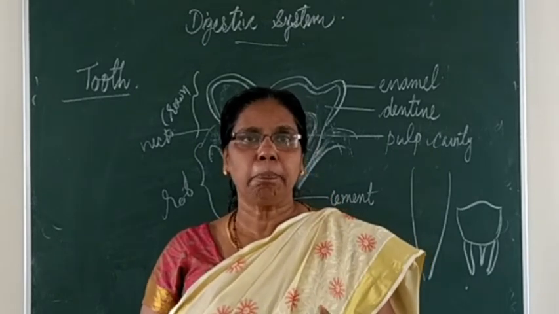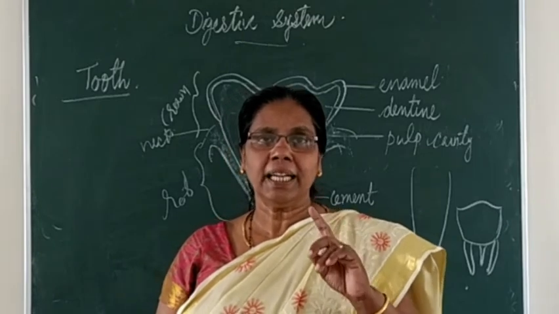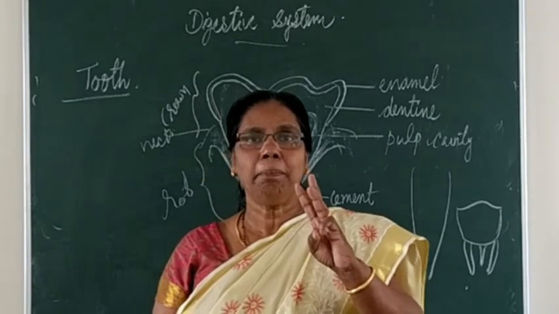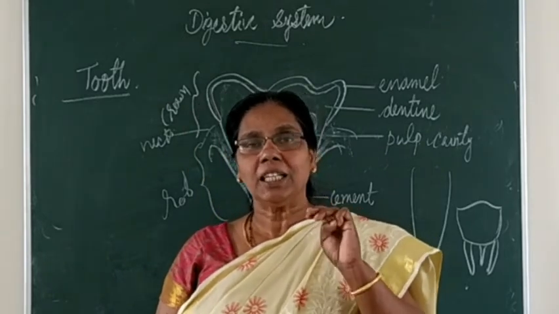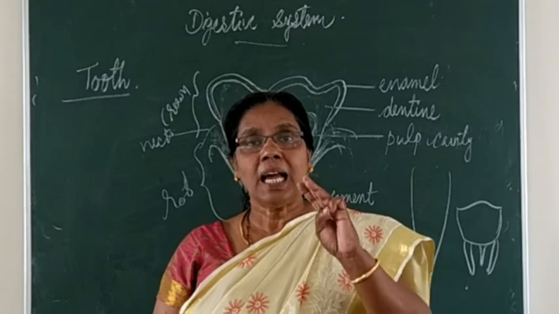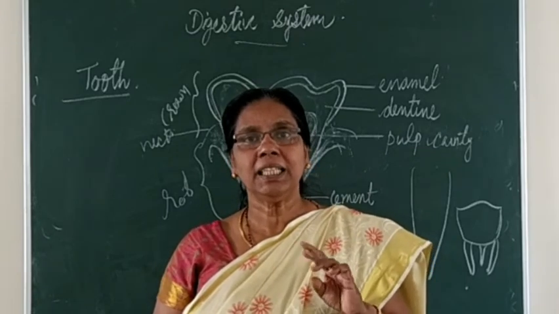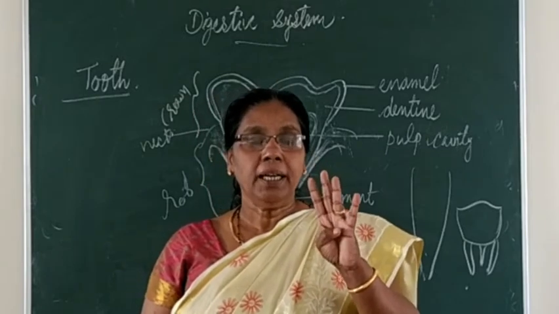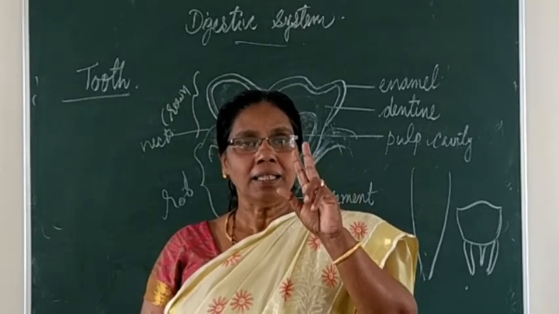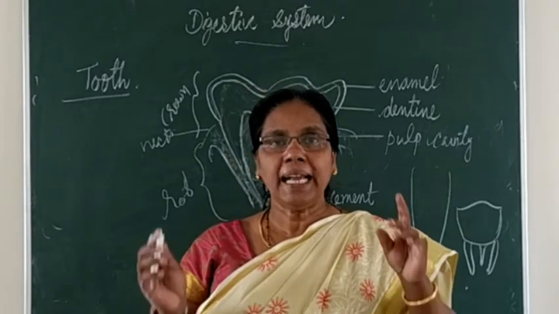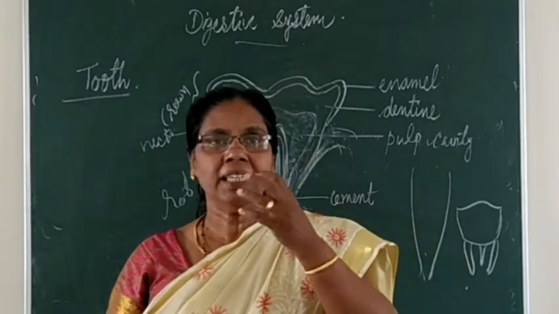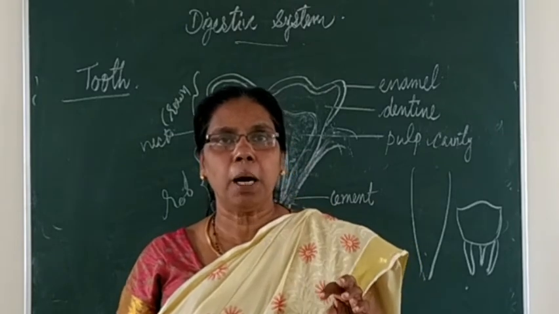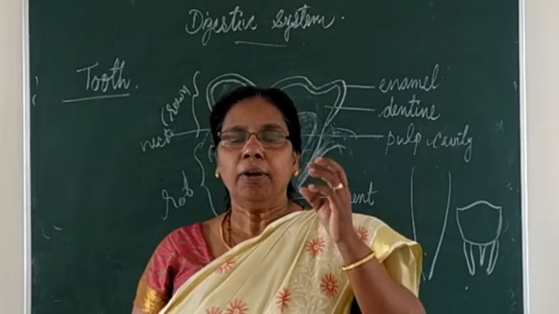One is called the parotid gland, the second is the submandibular gland, and the third is the sublingual gland. So these are the three salivary glands present in the mouth. Which are they? The parotid, submandibular and sublingual. From all these three, salivary glands, saliva enters into the mouth, and you can say that always